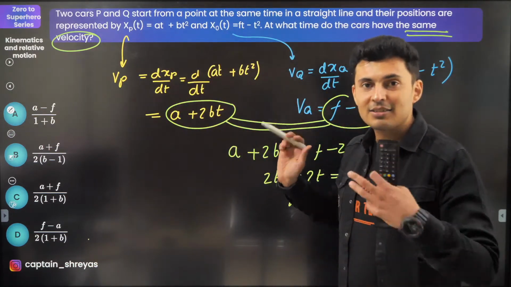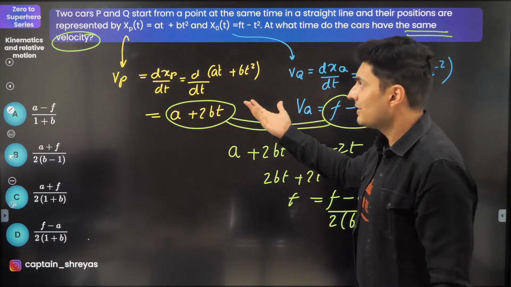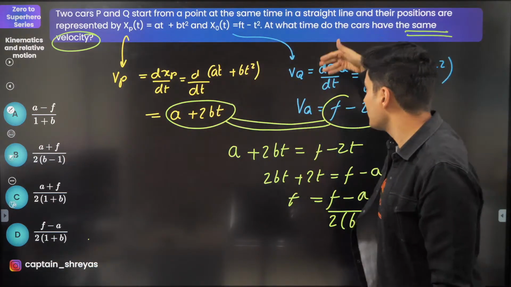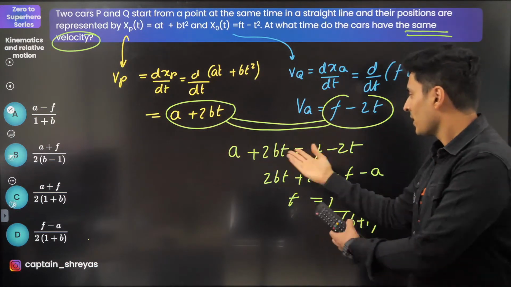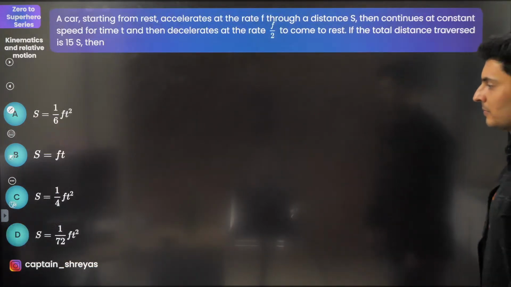So it's not as difficult as it looks initially. It looks like, oh my god, some crazy equations. When is the velocity same? But if you follow the procedure, once you do a few steps, you understand, you have to just equate them and solve it to find the time. It just looks difficult initially.